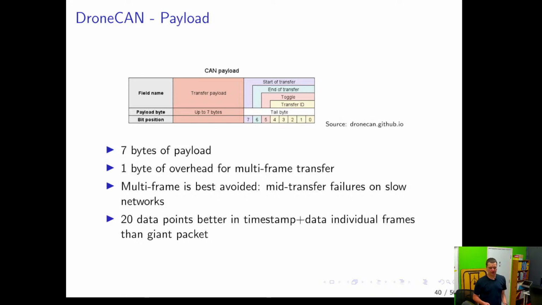And you know, multi-frame is good. There are some places where you almost can't do it without it. But the issue is, if you have a multi-frame transfer, like 20 frames coming down the line, and frame 8 lost arbitration too many times, now the entire transfer is aborted because the resend failed. Your stack can do something about resending the entire frame, but on a slower or very congested network, you